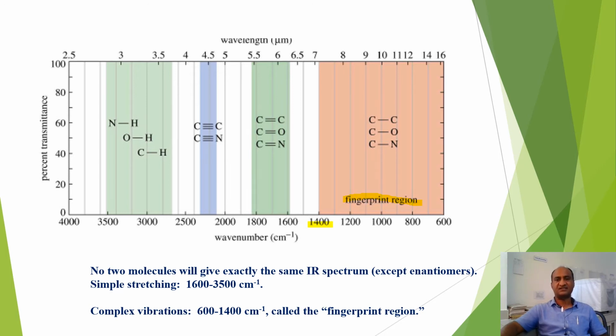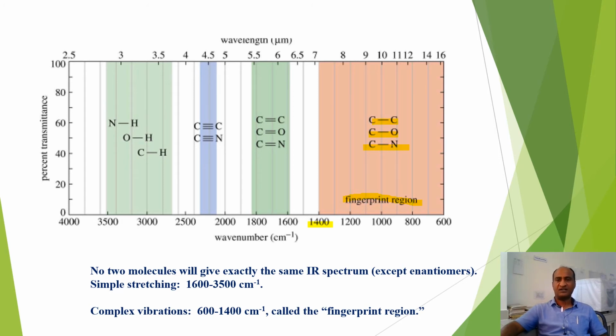And in this region, generally single bond C-C, C-O, and C-N stretching is taking place, and certain deformation vibrations are taking place. It is just like a fingerprint of a human,